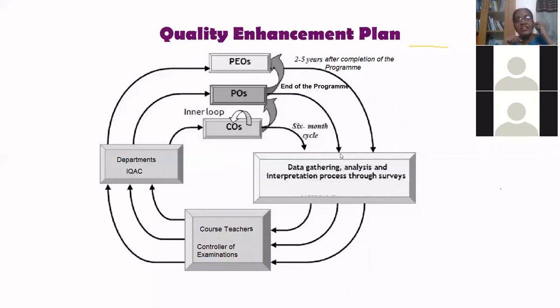So this is a quality enhancement plan we can have. If it is not possible to attain this particular PEO, you can rewrite that PEO, you can set a different standard and you can go for it. So aim for a high outcome. Outcome-based education is possible only with the cooperation of the learners, the teachers and the administrative people. So the whole institution has to work in order to achieve a desired standard.